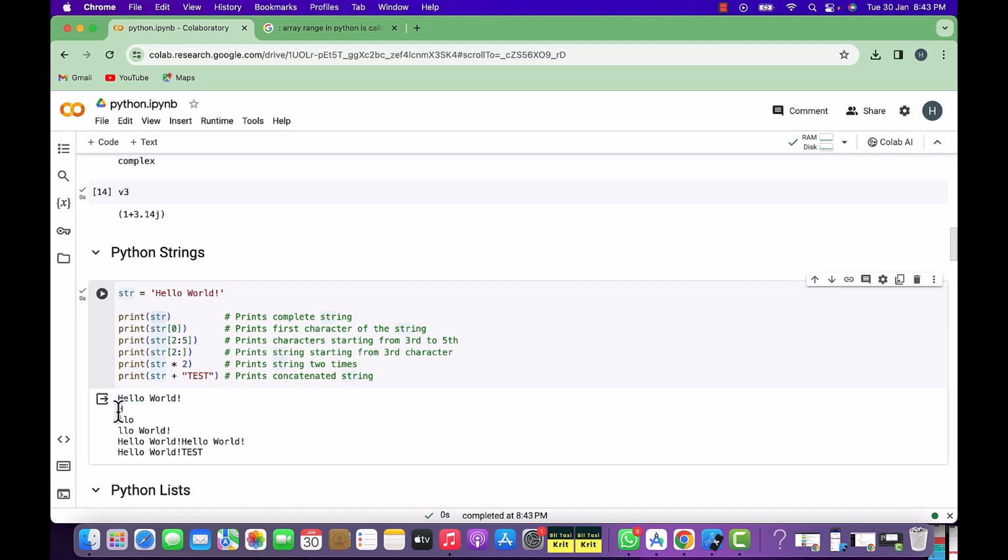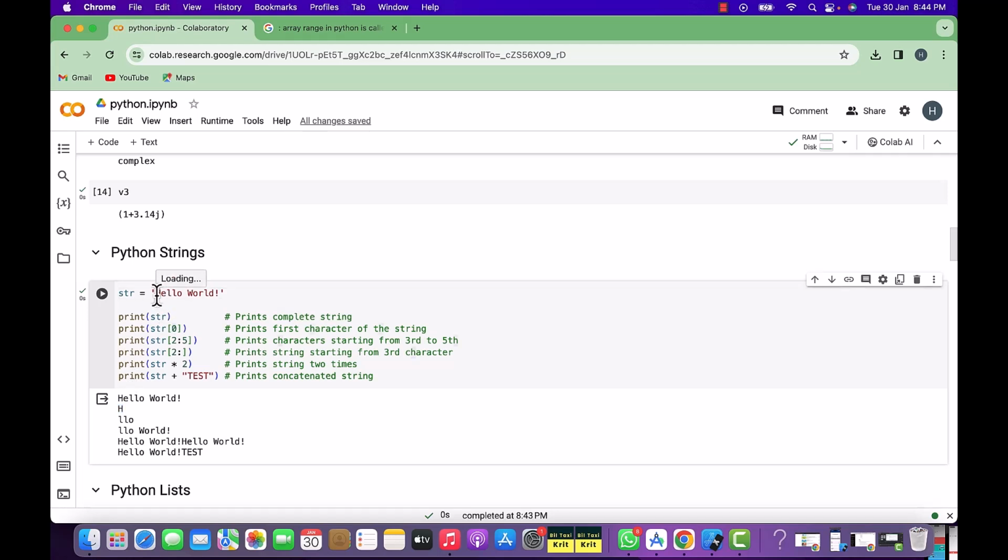But apart from that, we also got these values here. Here we have performed a few operations on Python strings and we got the output here. So let's cover them one by one. After printing the value of this string, we are showing the value which is present at the index 0. In Python, we can treat a string as an array of characters. And as with an array, we can get the value by specifying the index. So we specified the index 0 and we got the value h here,